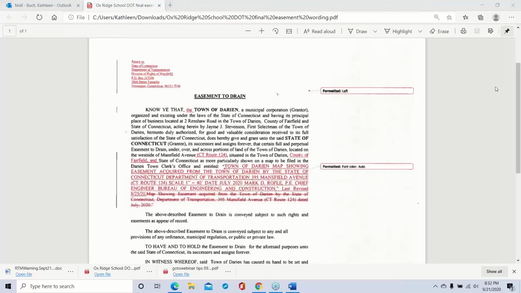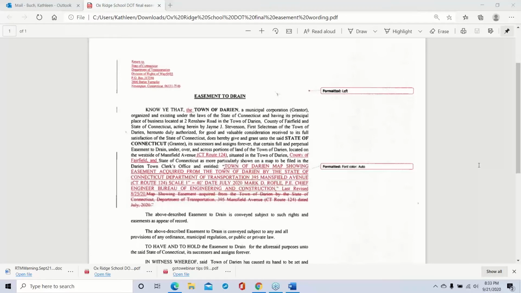Fair question. I'll respond to that if you'd like, Seth. Yes, Jeremy's here. Go ahead, Jeremy. Okay, Jeremy Ginsburg, Planning and Zoning Director. Amy, that's an excellent question because Wayne Fox and I spent 5 minutes this afternoon looking at the July 2020 map and what changed between the July 2020 map and the August 25th map. There were three things that changed. One is the name of the chief engineer in the bottom right corner of the plan that DOT gave us as an example, and the person drawing the plans used the example literally without updating